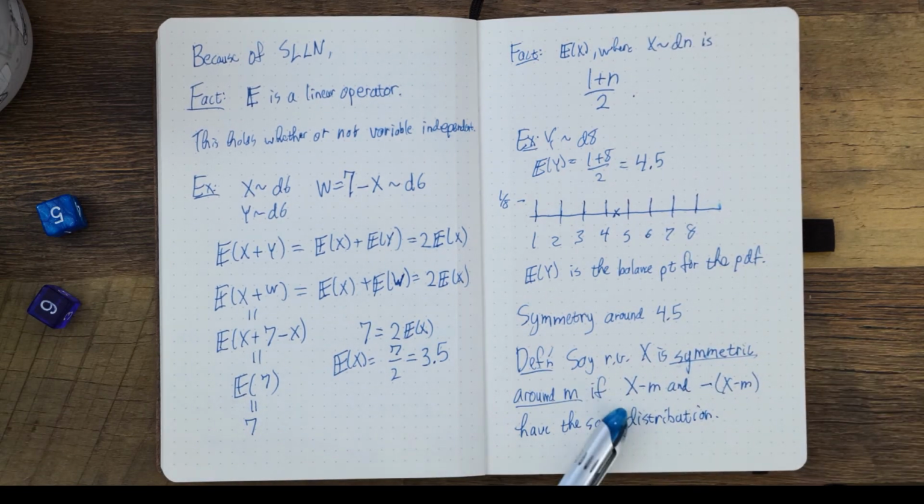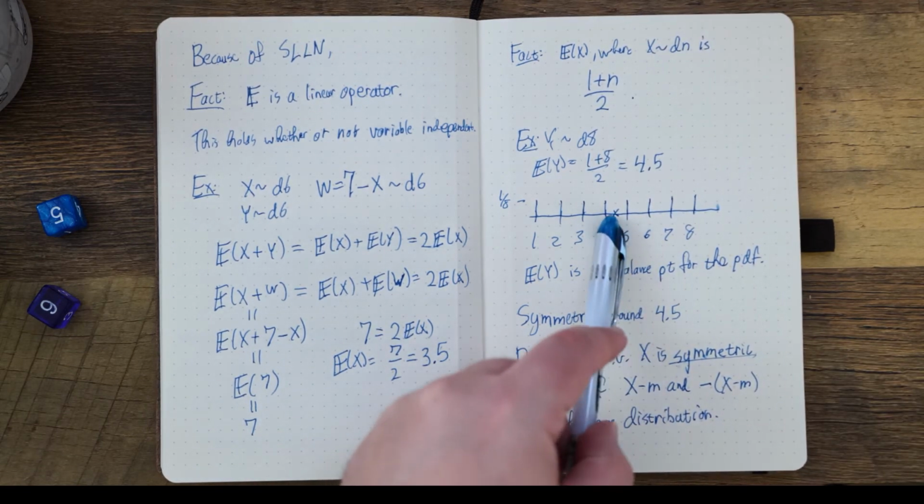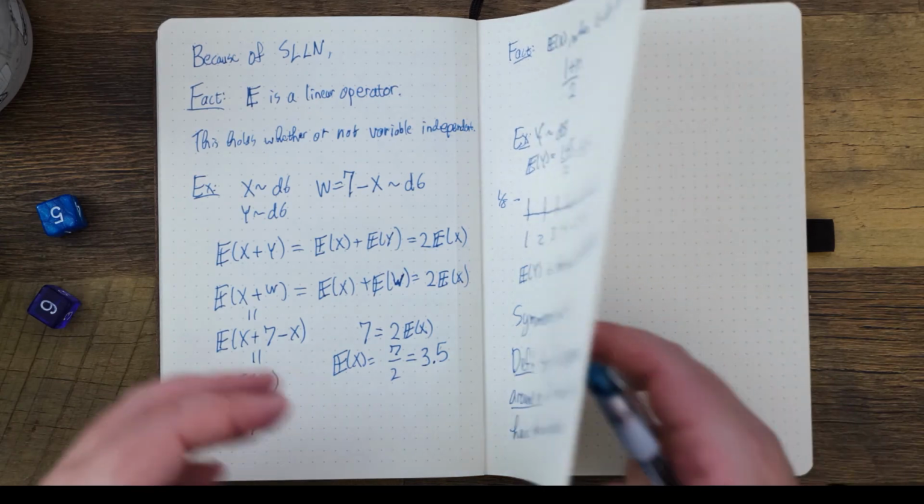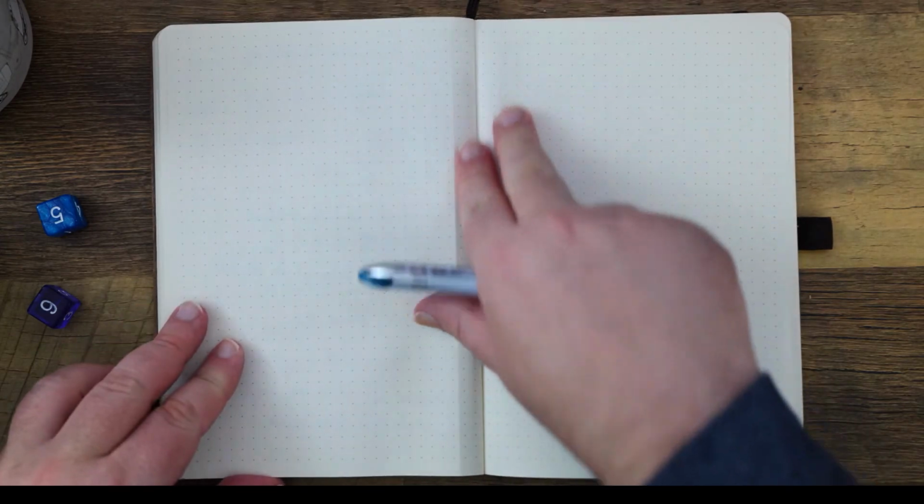So what am I doing when I subtract m from x? Well, I'm sort of sliding things over to 0. And then I'm saying, if I can flip things over around 0 and I have the same distribution, then I have symmetry. And one of the nice things about symmetry is that if your random variable is symmetric about m,